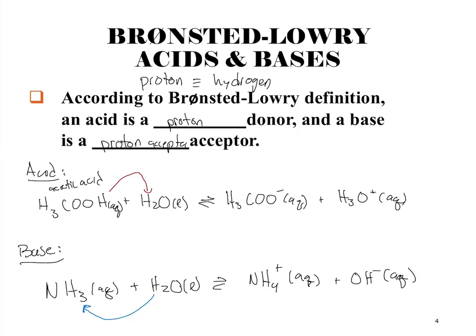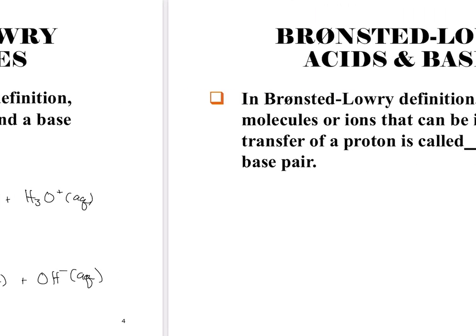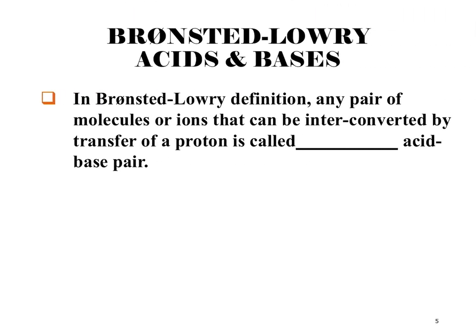And it gives rise to what we call conjugate acid and base pairs. So we can have something that originally donates a proton. What's left over is something that accepts a proton. And so these are called conjugate acid-base pairs. So let's look at the example of acetic acid that we had previously,